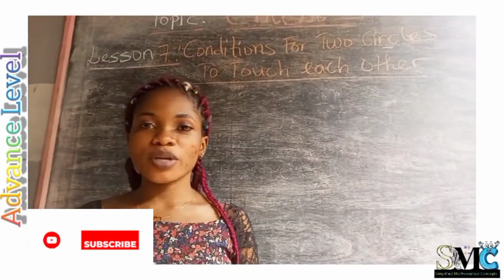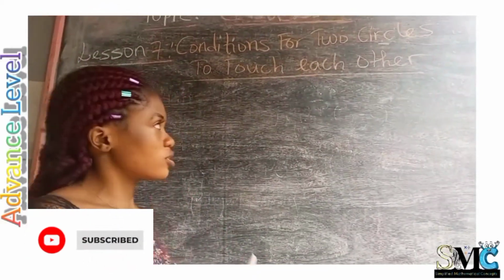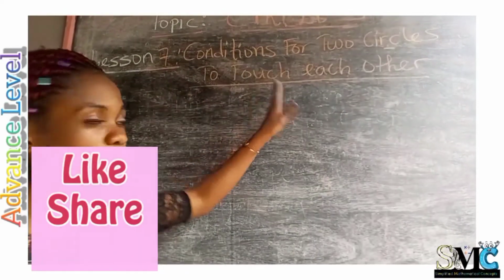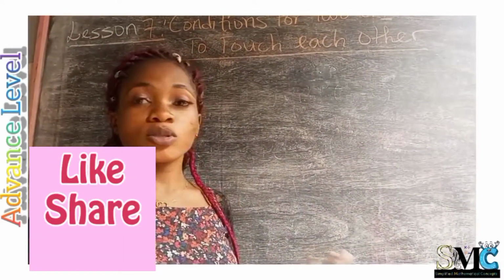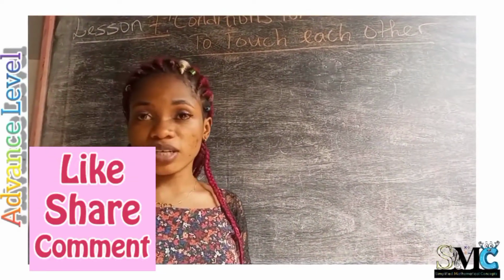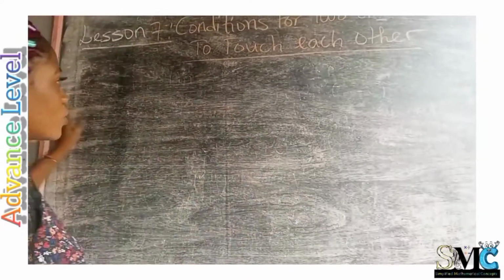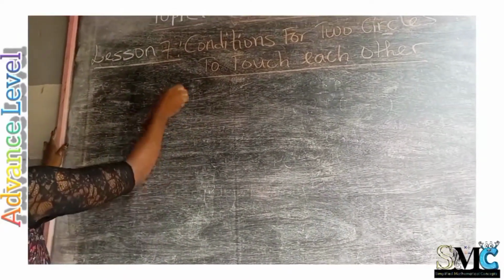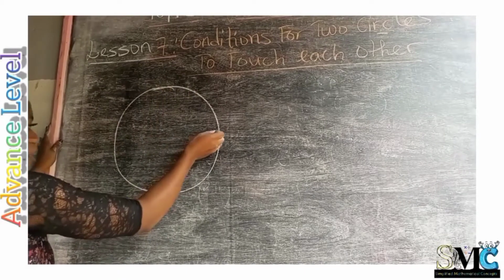In lesson 7, we are going to see the various conditions for two circles to touch each other. So two circles can either touch each other internally, externally, be concentric or orthogonal. And for the first case, if two circles touch each other internally,